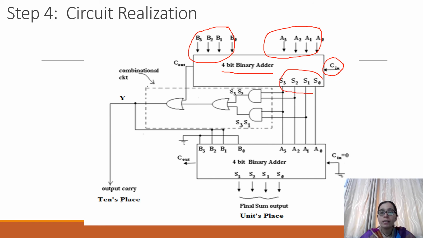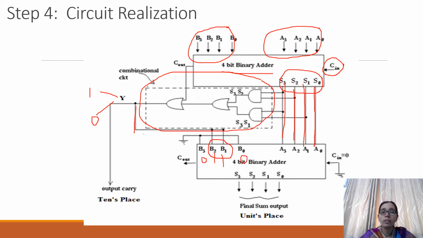Output of the first adder is S3, S2, S1, S0, which is passed as one of the inputs to the second 7483, A3, A2, A1 and A0. The same output is also passed to the combinational circuit to decide the value of Y. After getting Y, it will be given to B2 and B1. Y will be either 1 or 0, or it may be don't care. If it is 1, then these two bits will be 1 and the remaining two bits are 0. The meaning is 6 will be added, to make the valid BCD.